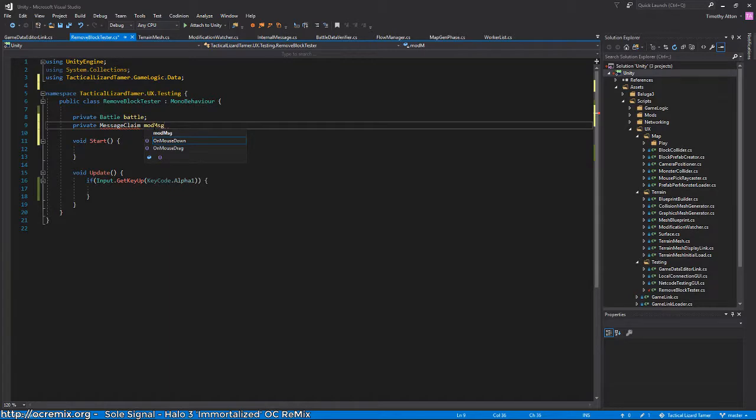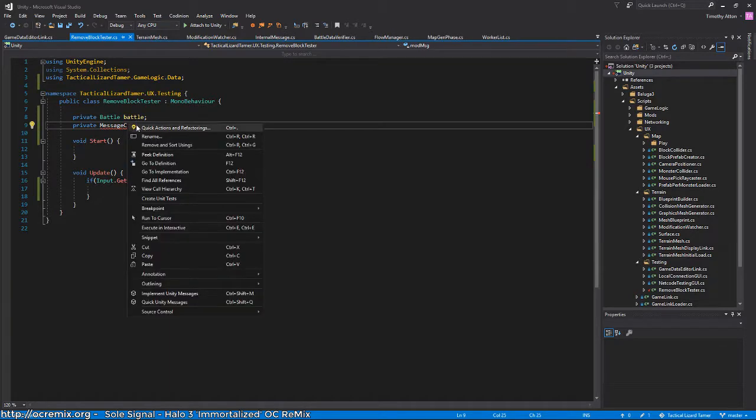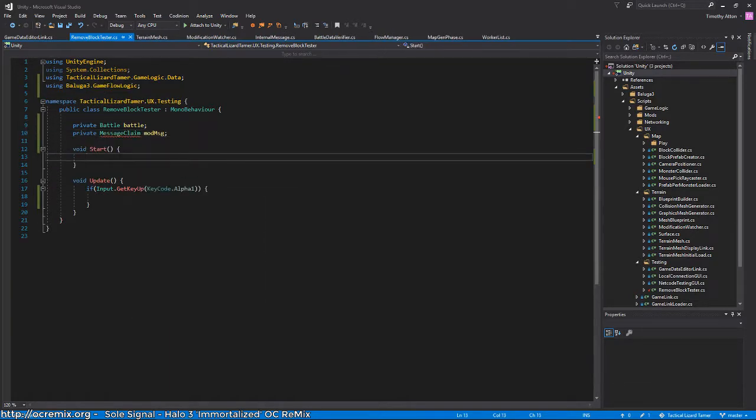Mod message, and again we'll just use the right namespace and start by inheriting from my specific monobehavior class. I can use its special start,